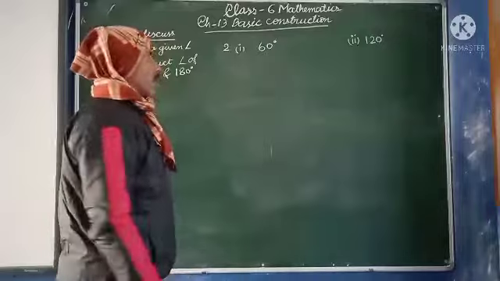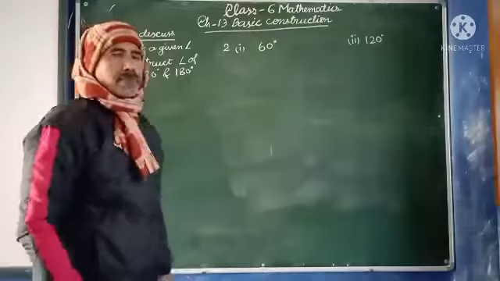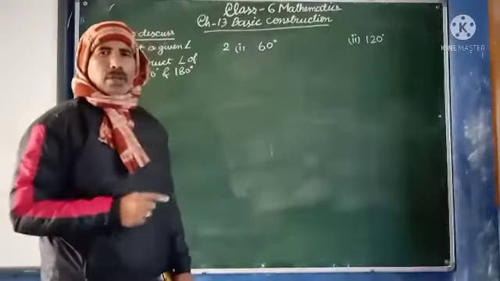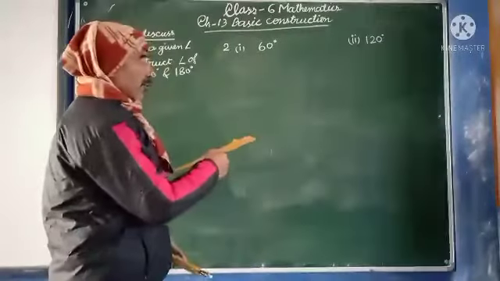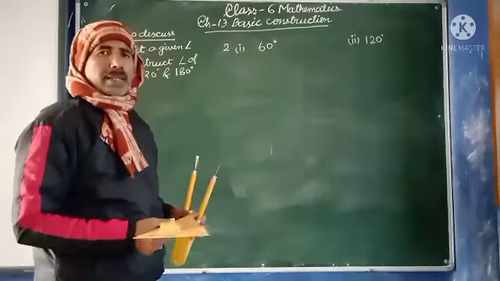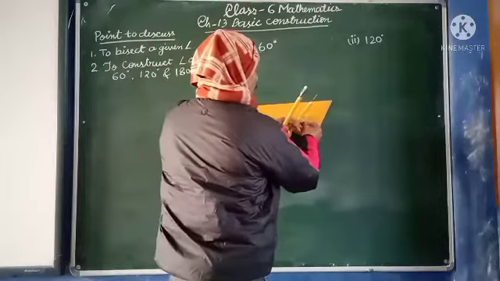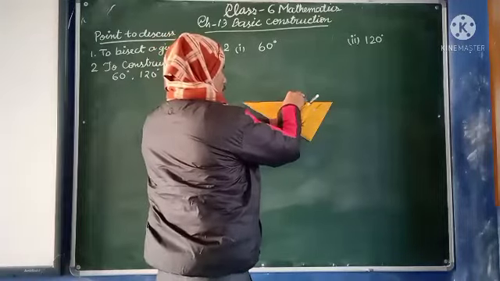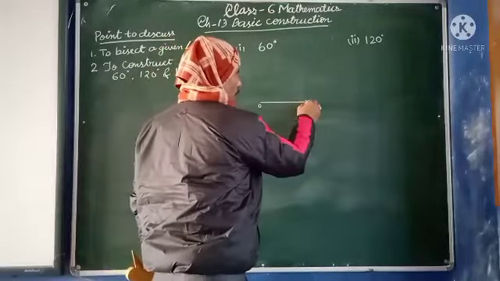Now the second topic, constructing an angle. In this video we will discuss the construction of three types of angle: 60 degree, 120 degree and 180 degree. So we will start with the 60 degree. Either you want to draw the 60 degree or 120 degree or 180 degree, first of all, you have to draw a ray. I will teach you both together. Suppose I have drawn here a ray OA.